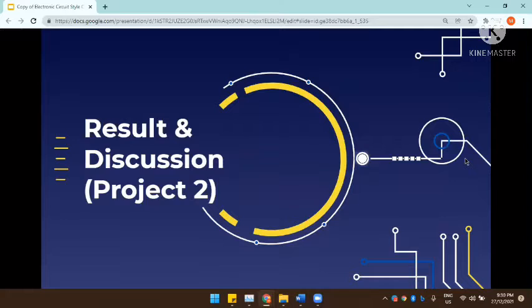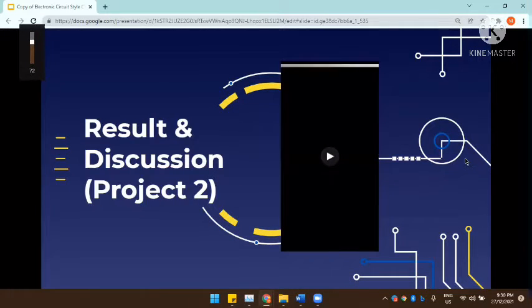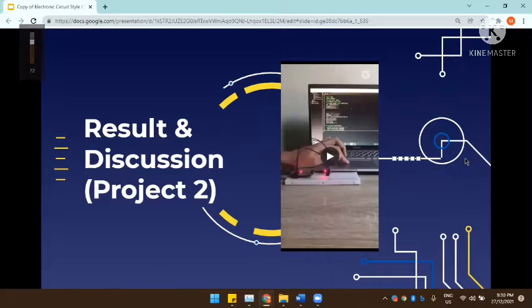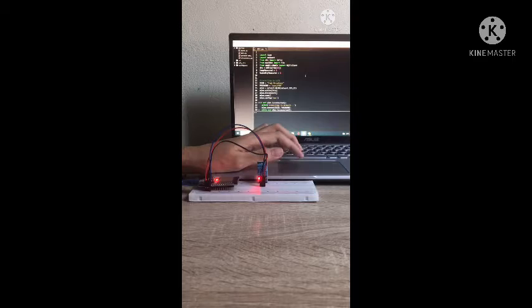Okay, so just now we have watched the demonstration for Project 1. Now let's look at Bashir's demonstration for Project 2. When the connection is established between the ESP and uPyGraph, download the file into the ESP board.